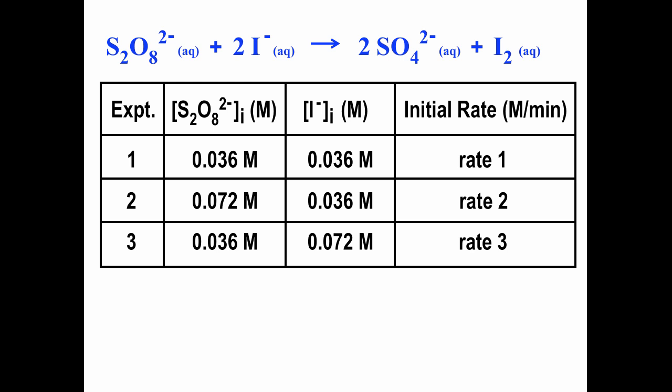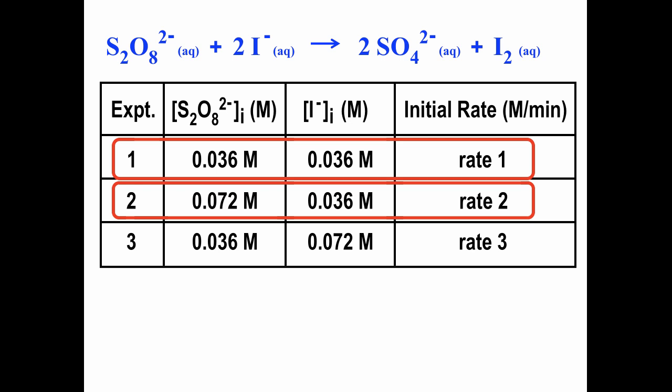Now, the last thing is how we put our experiments together. We know the concentration of S2O8 2- and I- that we started with in each experiment. We've calculated the rate, if you did the steps we just went through, so we calculate the rate for each experiment. And then from the form of the rate law, if we combine or look at experiments 1 and 2,